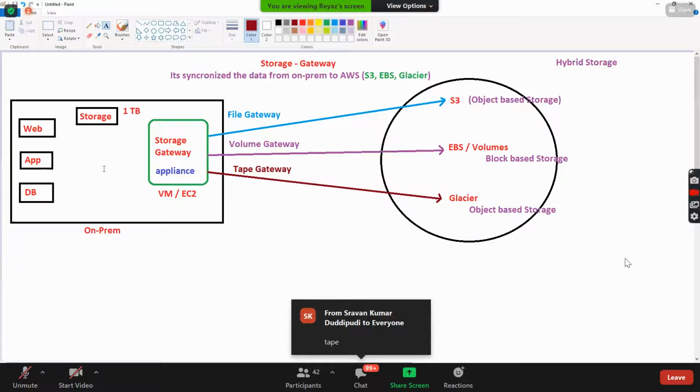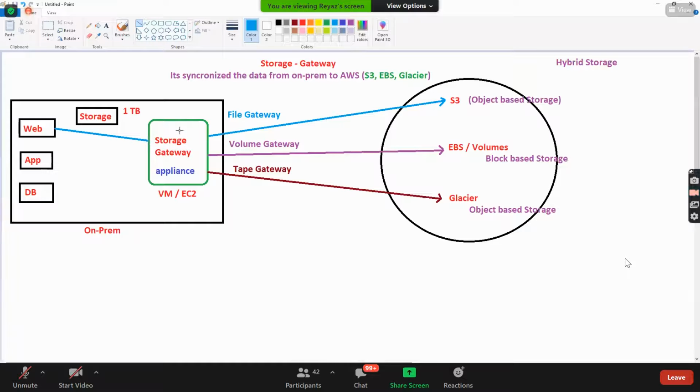Okay. So what you do is, if you want to synchronize from this machine to S3, you mount this storage gateway to this server. I'll show you how to do that.